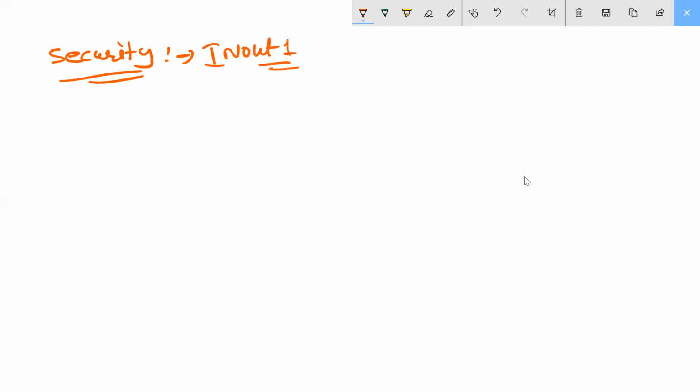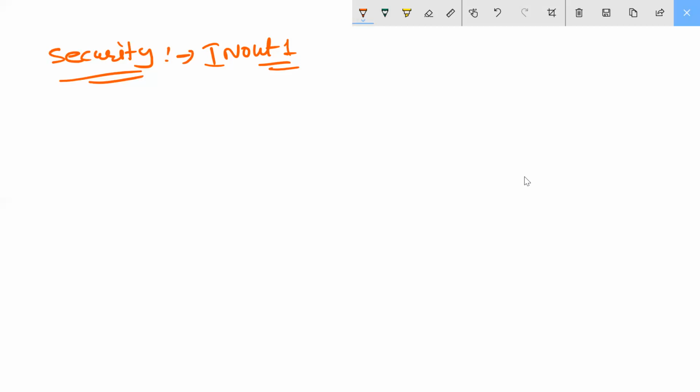In-out. Then after, source is outside. Destination, inside. Destination you can come and add here, inside.